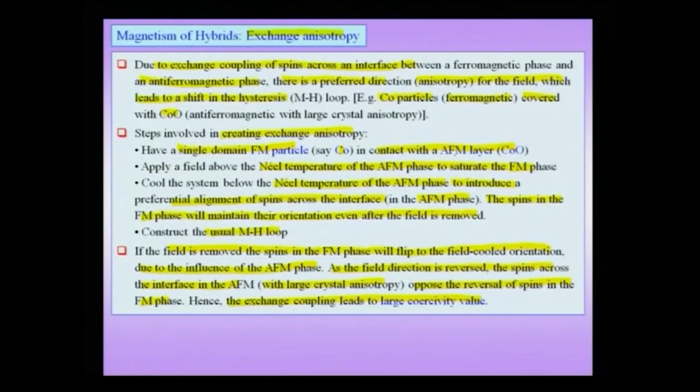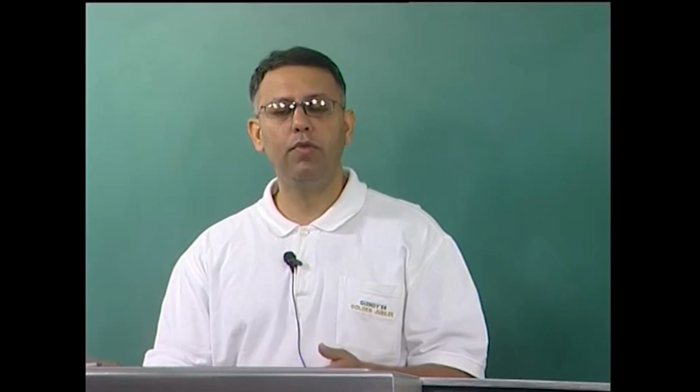So, to summarize these slides, to see how we are actually obtaining a new phenomenon known as exchange anisotropy. We have already noted that anisotropy in ferromagnetic materials can come from shape, can come from stress, or the inherent anisotropy which is called the magnetocrystalline anisotropy. Here we are creating an anisotropy by making a hybrid, and in this hybrid there is an antiferromagnetic layer in touch with a ferromagnetic layer. An example we saw was the cobalt particles in touch with the cobalt oxide particles. In other words, you leave cobalt outside, it gets oxidized and you get this combination.